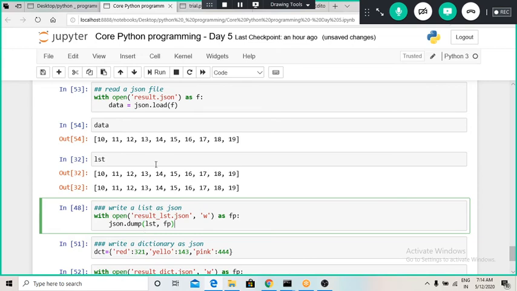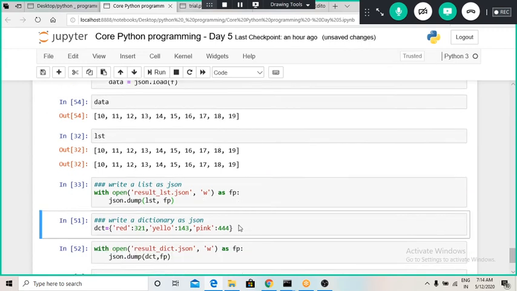And now I will use this json library to dump this particular list with this name. For that we can use the json dot dump command. Whatever object I want to write is given at the first position in the parenthesis, and whatever file name we want to assign when it gets stored into a directory is given at the second position. Okay, so this is how we can dump a file.